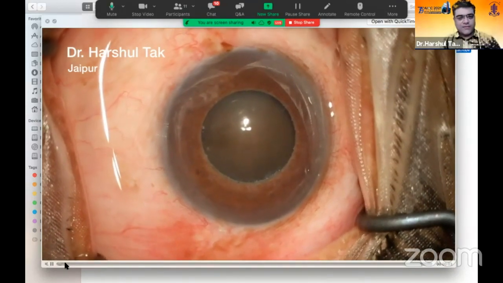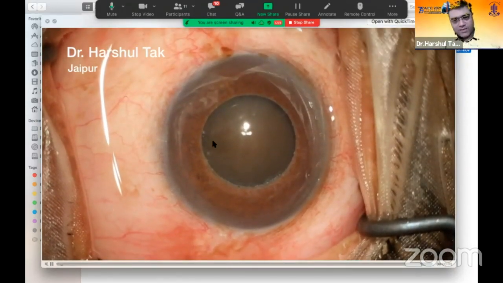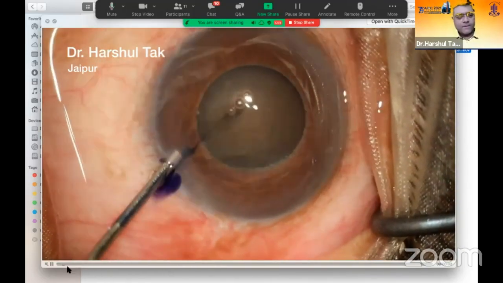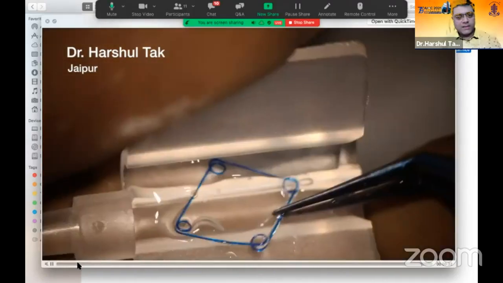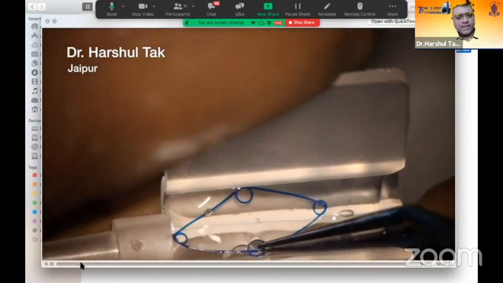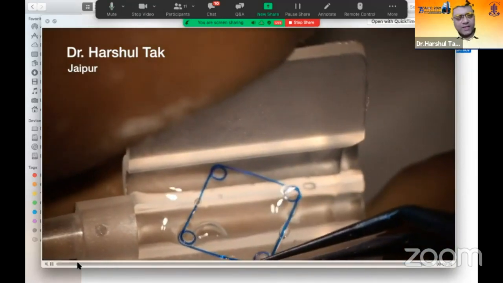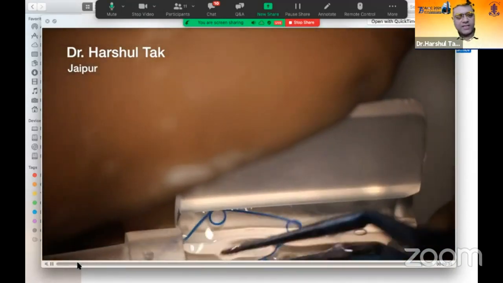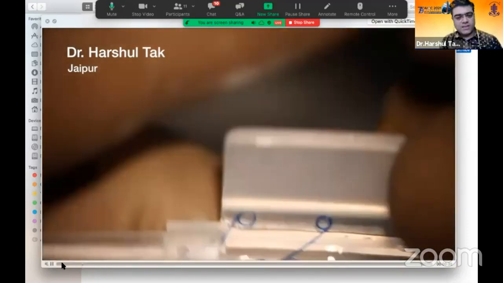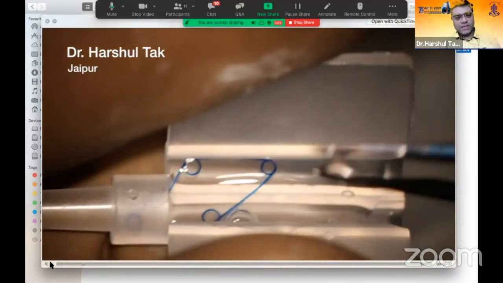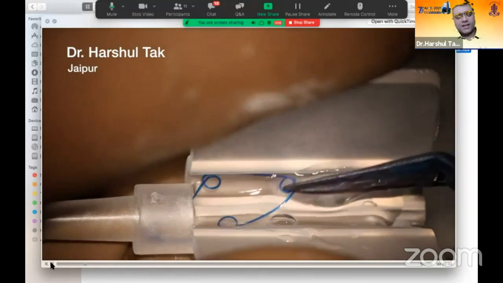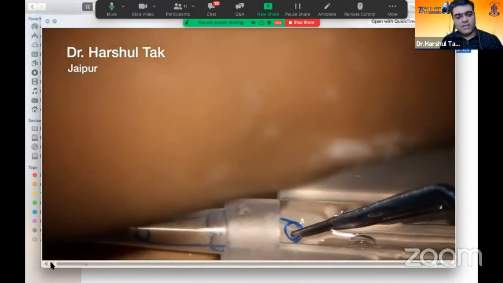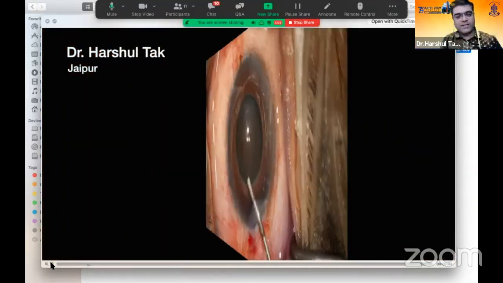this is another case of pseudoexfoliation and very hard cataract. You can see. So again, stain the anterior capsule. Now here, because the pupil was small, I decided to use a Mulligan ring. So this is the way I use the Mulligan ring. I use this cartridge which comes with the micro lenses, which goes through a 2mm incision, as I use a 1.8mm PhacoPro. So just see, the leading scroll goes and the two lateral scrolls get compressed in the cartridge.